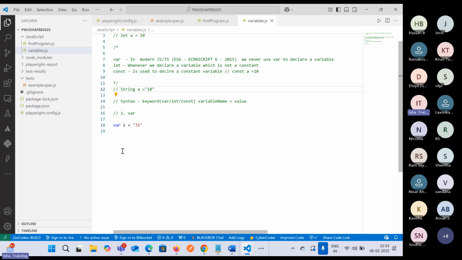So for that also, there are different ways. One simple way is you can just hover over the variable name. It will say what kind of data type you have stored as a value over here. That is why